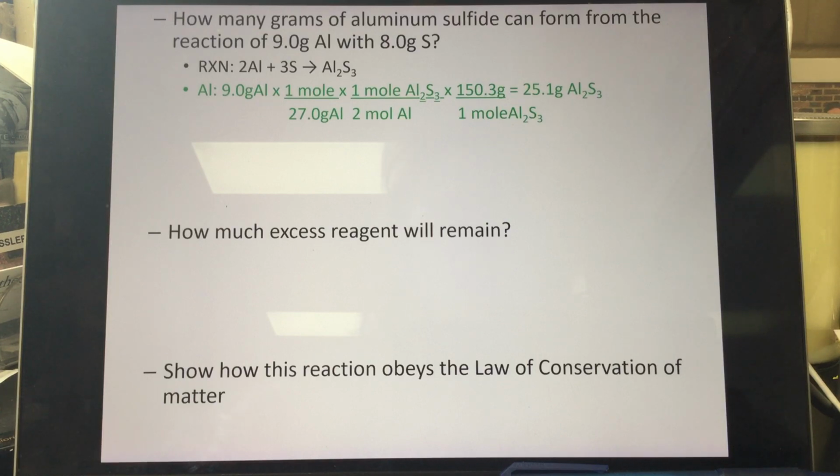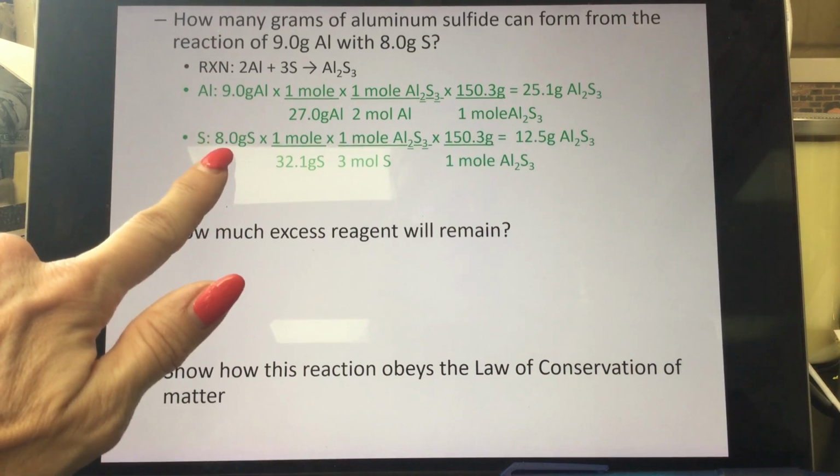So after doing all that math, if the aluminum is the limiting reagent, the reaction will make 25.1 grams of aluminum sulfide. That may be the correct amount, but we won't know till we try the sulfur and see how much product the sulfur makes. So now we're going to do the same thing with the sulfur,